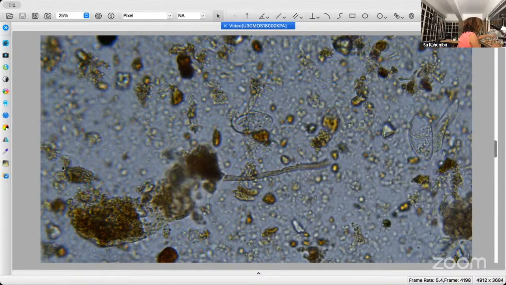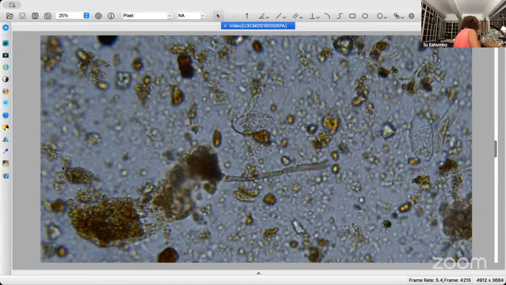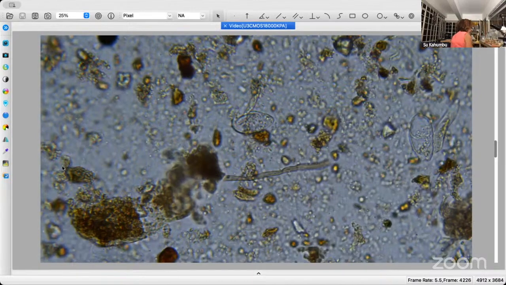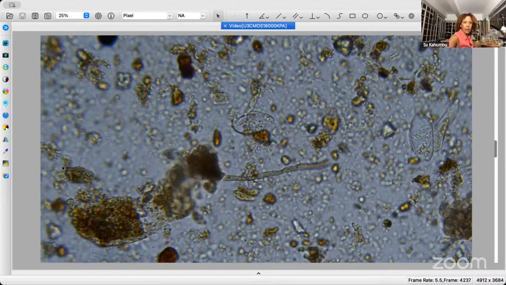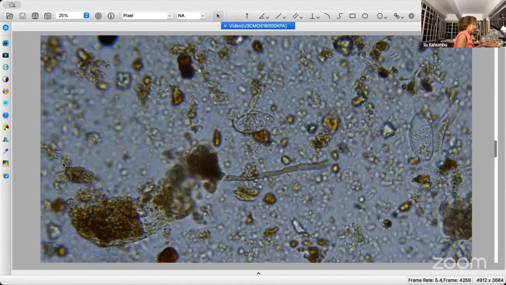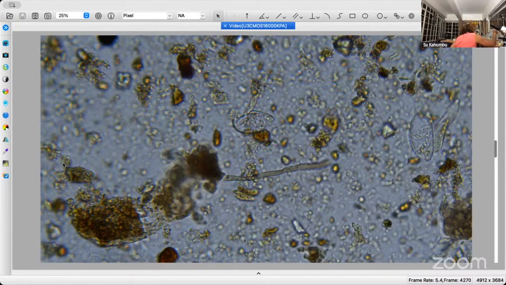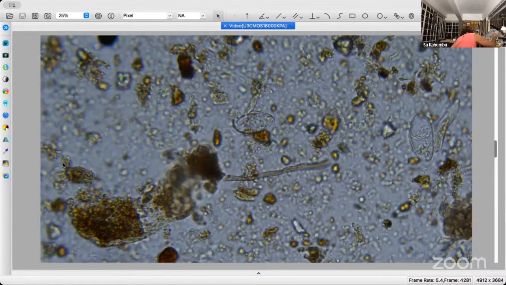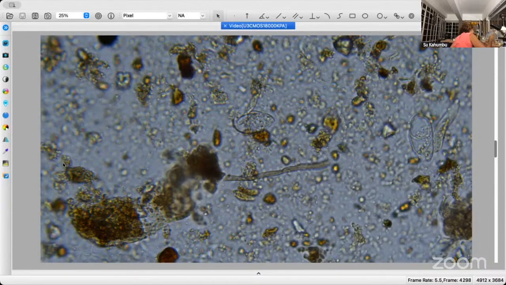Now, I'm hoping the sample that I'm going to show you now is... Yeah, that is the fungal strand, and we have... go ahead, James. Yeah, those people who have mentioned that they can see amoeba, that is